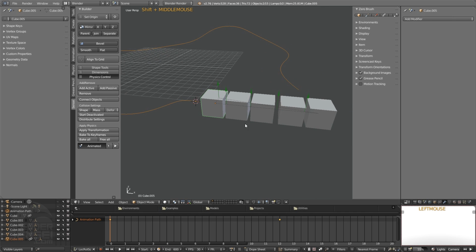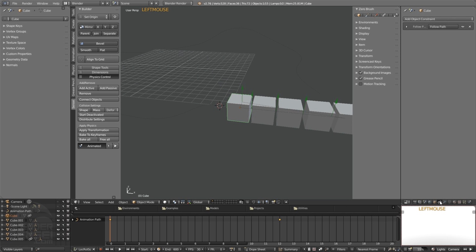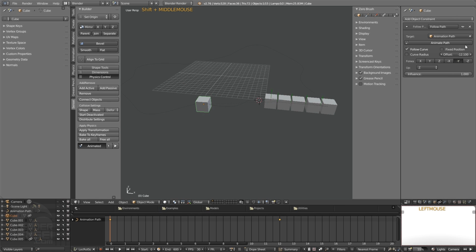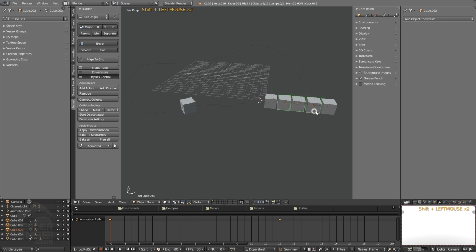However, what we're going to need to do is offset this other guy here. So what we want to do is select the first cube here. You can see it's highlighted down in the outliner. And we want to click on this constraint button and where this follow path is, which was generated when we pressed the follow button to get it to follow. We can adjust this offset here like this, and we want that out a bit,